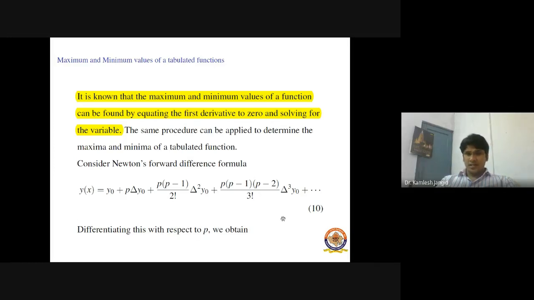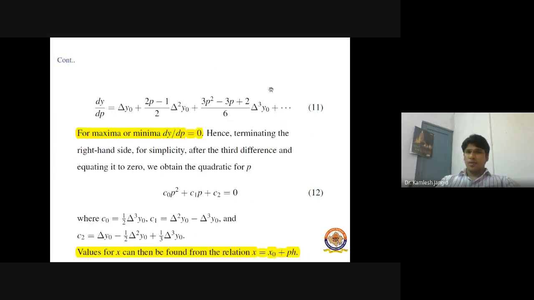Now differentiating this relation with respect to p, we obtain dy upon dp equals this expression. For the maximum and minimum, the first derivative must equal 0. Hence, we terminate the right hand side for simplicity after the third term. It means for simplification, suppose this relation contains only 3 terms and higher order terms are neglected. Then if we equate it to 0, we obtain a quadratic in p. Right? So if we put dy by dp equals 0 in this relation and simplify, we get this